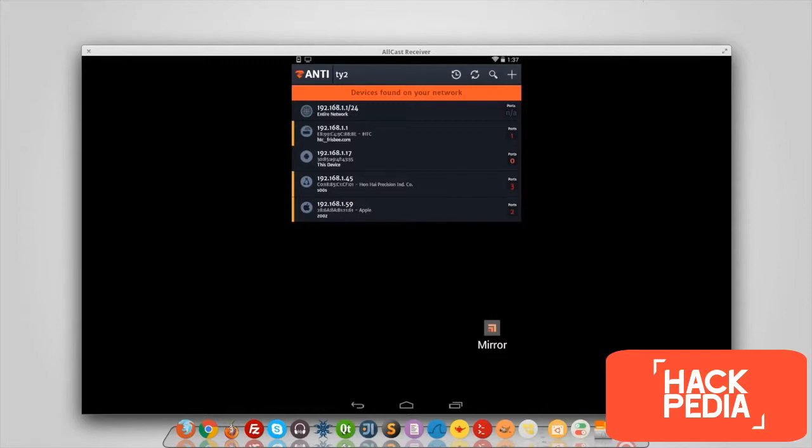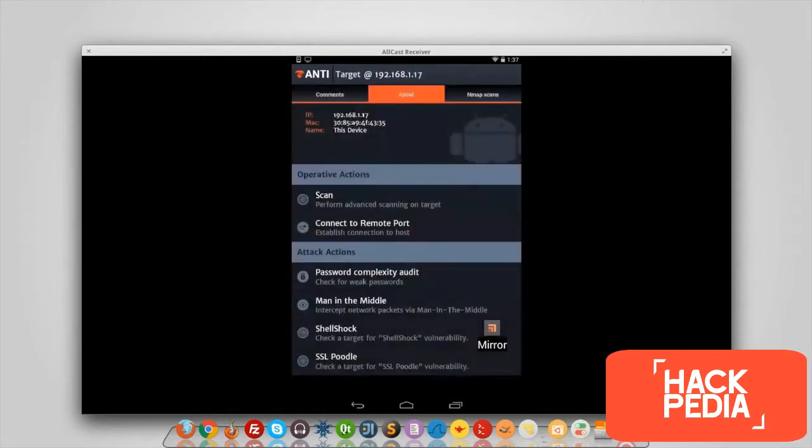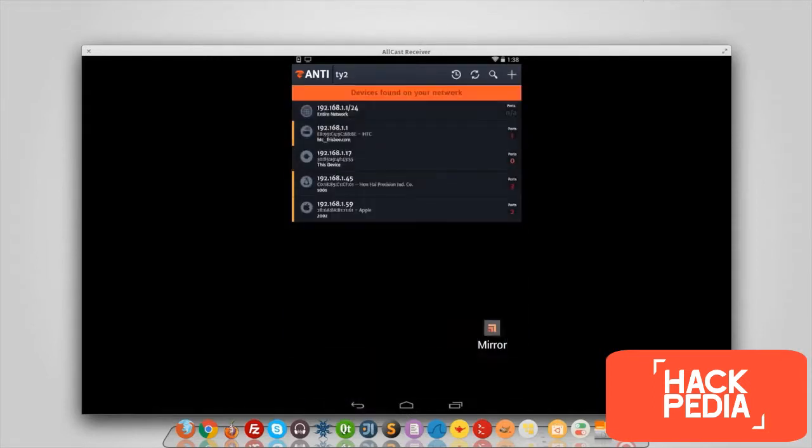If we go on the next one, you can see as well the IP, the MAC address, and that it is an Android device, which is actually this device. As you can see, it says it on the bottom, this device. And then the next one, it was able to detect that it's a Linux device. And remember last time, when we used Wi-Fi analyzer, it wasn't able to tell us what operating system each device is. So from here we can actually know that this is a Linux device or something that runs Linux. We still have the name of the device, which is S00S, and we have the MAC address and the